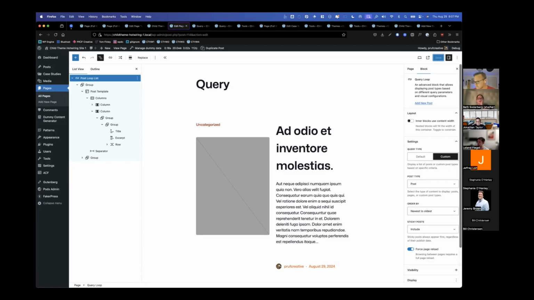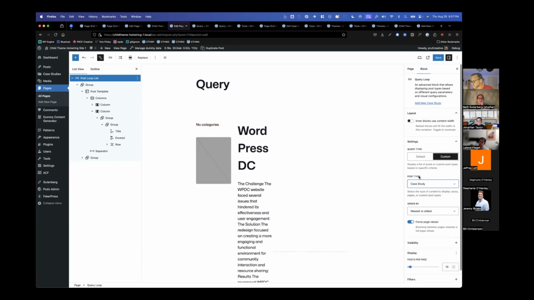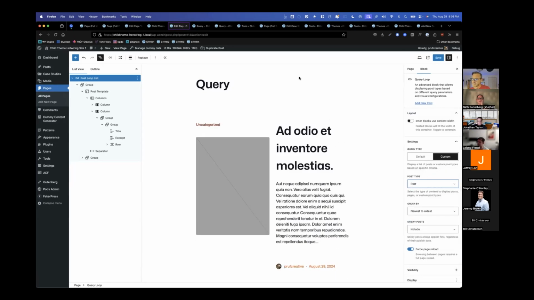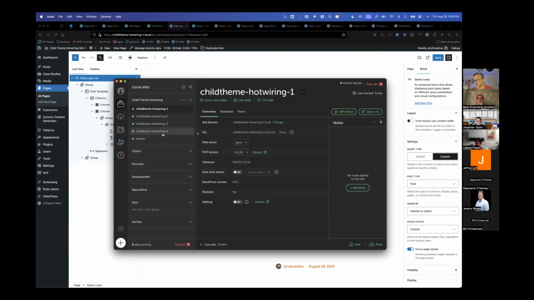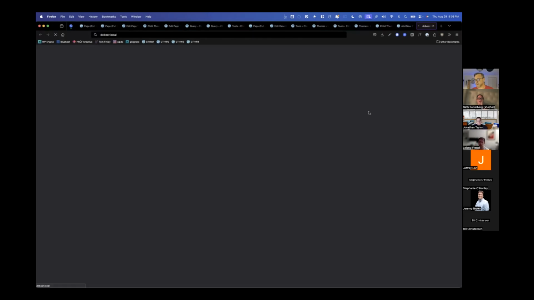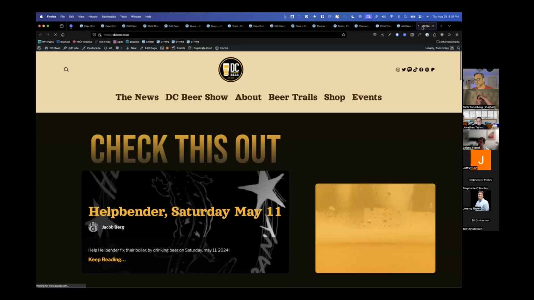What I think is really interesting about this is I don't know that I have ever tried to make a query directly in a page. I almost always put them in my templates. So I'm wondering if the query type is different there. I don't know, but I'll show you the site that prompted me to rethink all of my approach to theming.